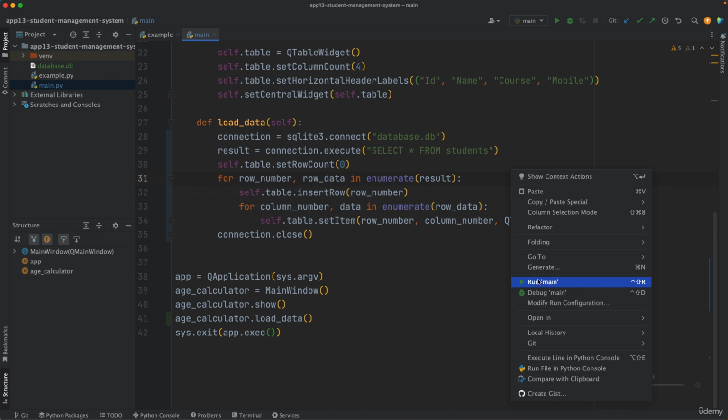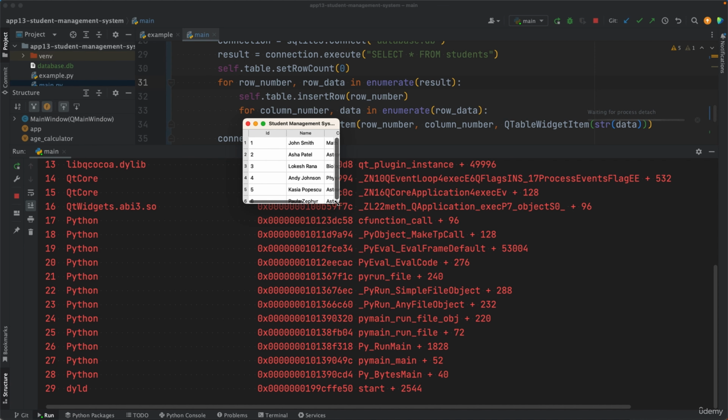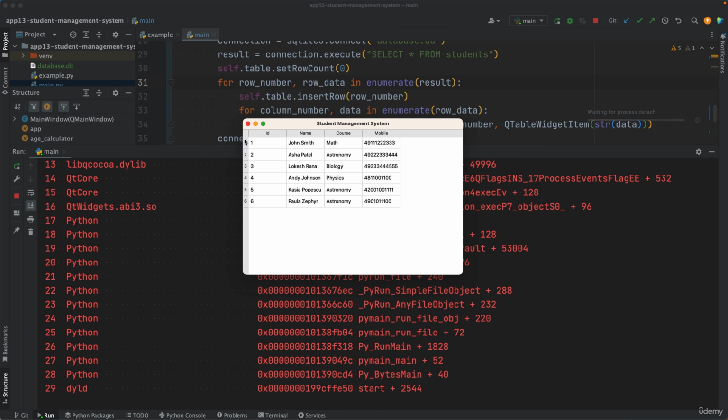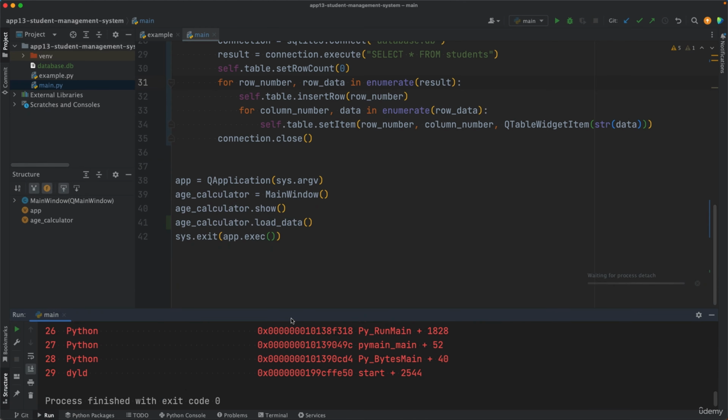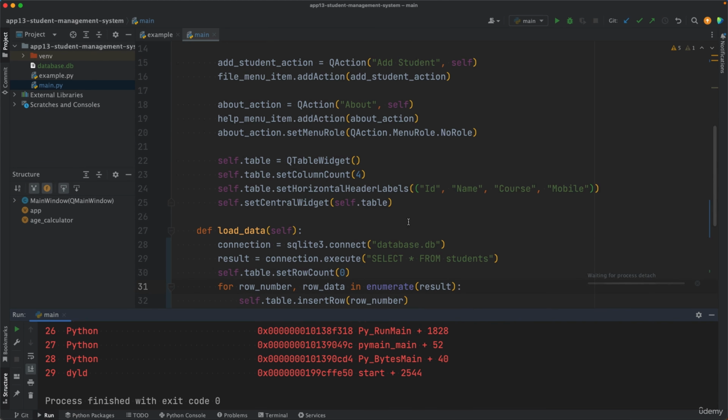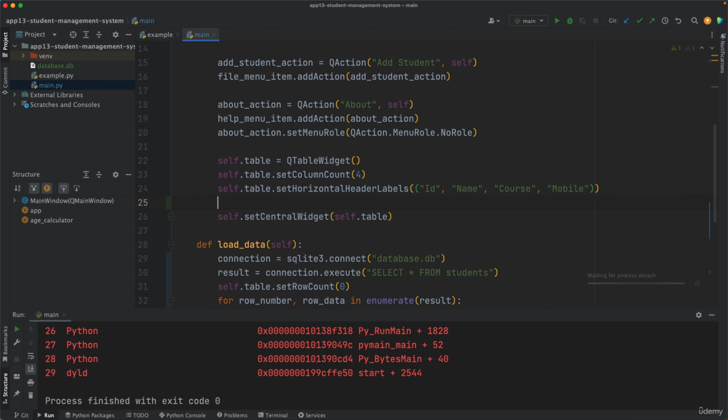We could do a small improvement just before we close this video. This index column here is unnecessary. You notice the first column, which is part of the table, not part of the data. We can disable that by going to the init method. So you know that we set a header for the horizontal space, so these were the column names, but we can do the same by doing